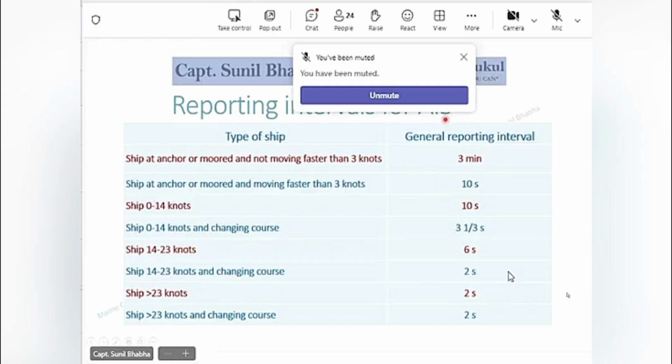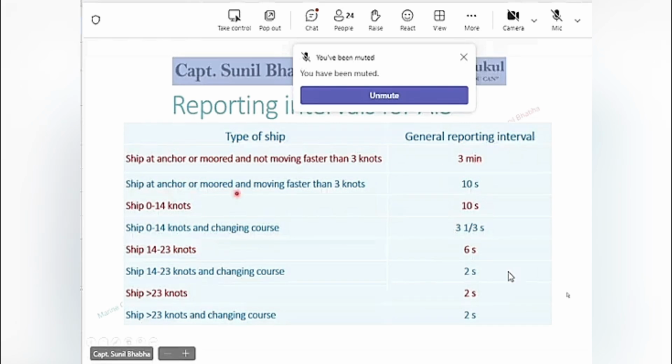So that is why a reporting interval or a frequency has been set down depending upon the navigational status of the ship. So let's see these frequencies. A ship which is at anchor or moored and not moving faster than 3 knots has to send the AIS message every 3 minutes.